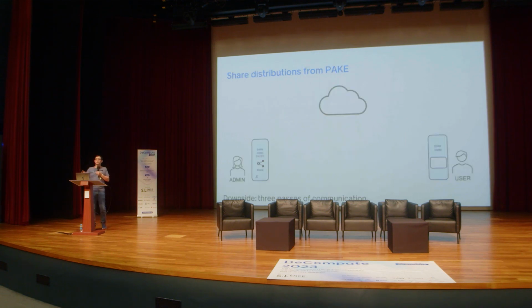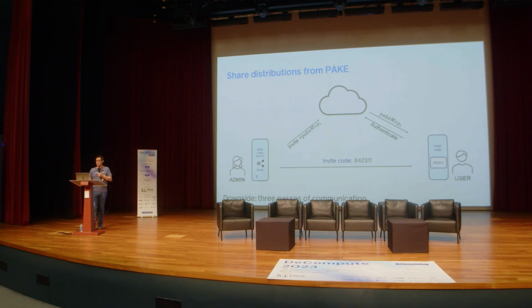So let's see how it would help in this problem. In this case, when the admin wants to invite a user, they would send the first message of the PAKE protocol, and the device would generate this short code. The admin would share this short code with the user out of band. This is much more user-friendly than sharing 128 bits. The user would authenticate to the server, retrieve the server's message,